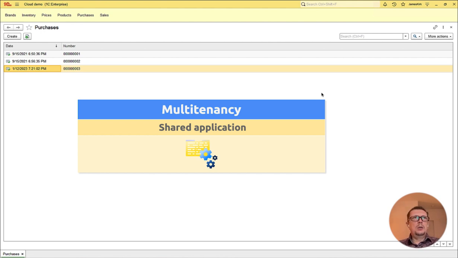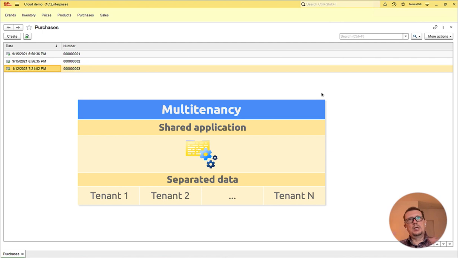But this way, we will need to come up with the solution of dividing the data of these different tenants, so one tenant cannot see what others are doing. And again, there are several different options of how you can do that.